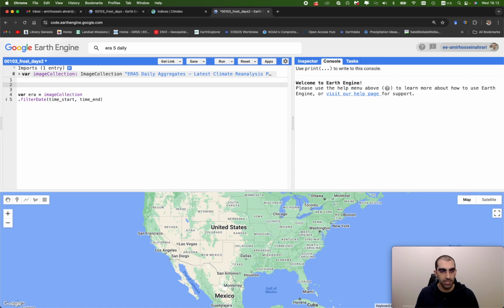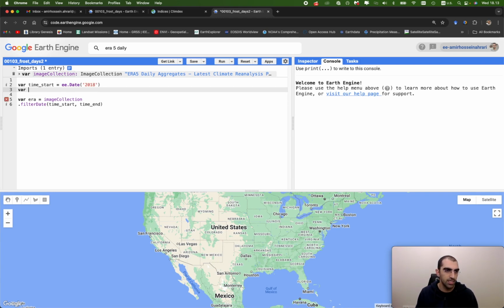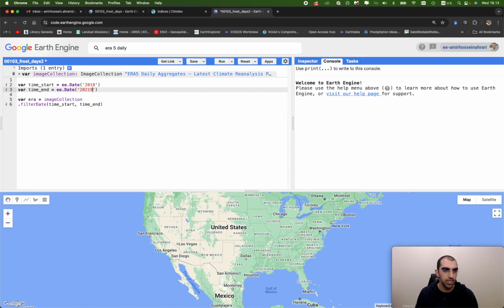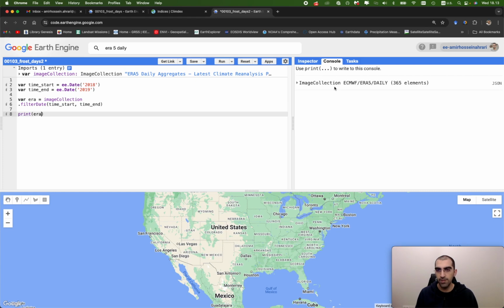First of all, I'm going to calculate number of frost days only for 1 year. For example, here, I'm going to start from 2018 to 2020. Time start equals to ee.Date, which allows us to convert a string format to the date format. So here ee.Date 2018, and then I'm going to have time end here ee.Date again. This time the end will be 2019, as you can see here. So if you print the ERA in the right panel, after a few moments you will have an image collection